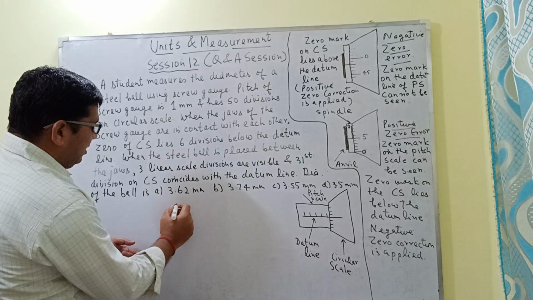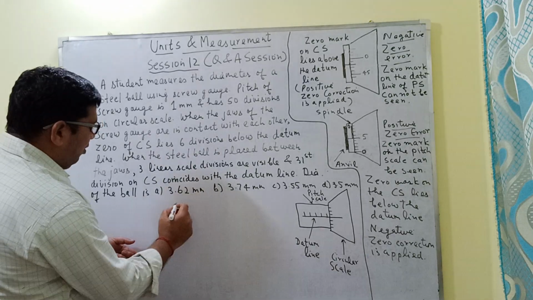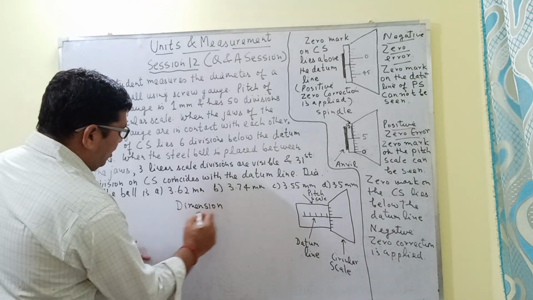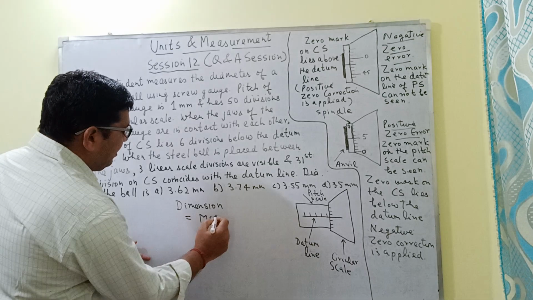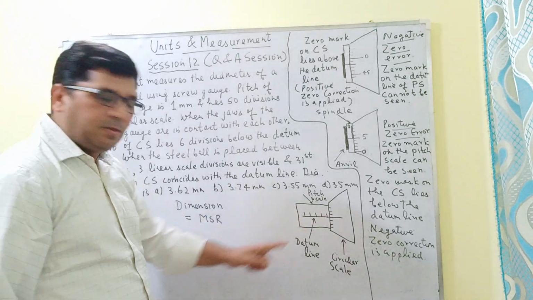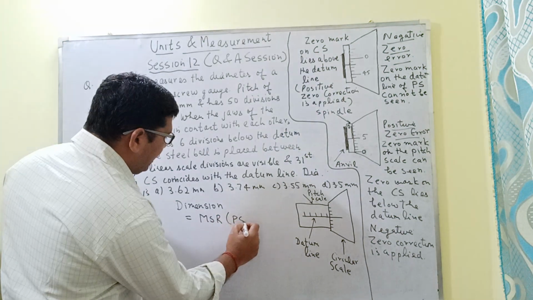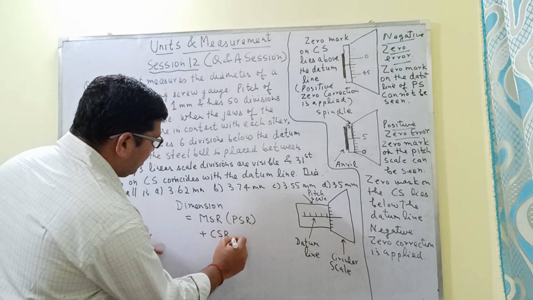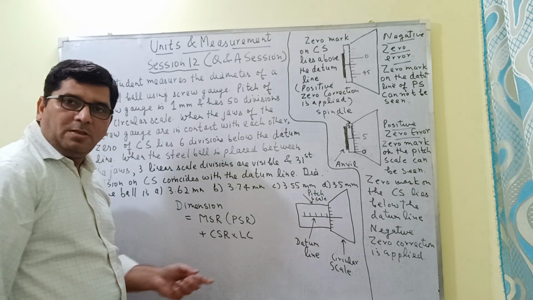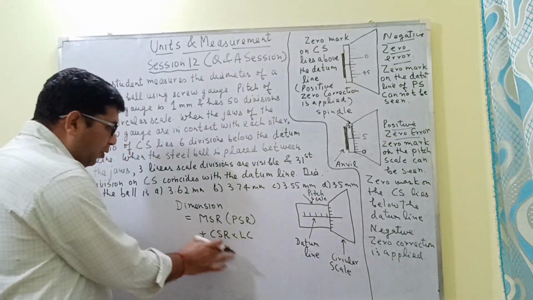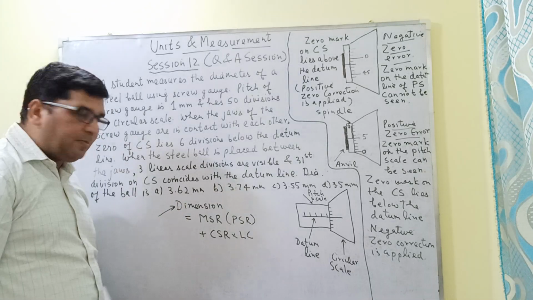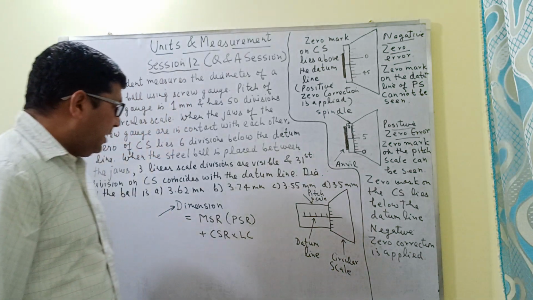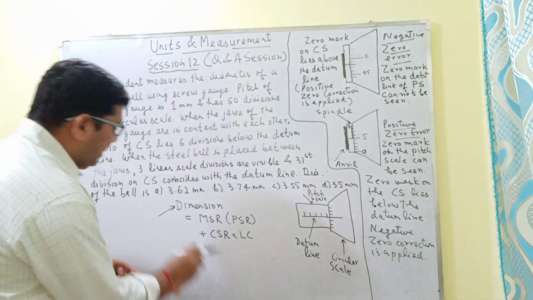So in that case, the dimension of any object will be equal to the main scale reading. Main scale reading is the pitch scale reading. Main scale reading, or I will write it here as pitch scale reading, plus circular scale reading into the least count of this instrument. So this formula is applicable when this instrument does not have any zero error. Okay? But many a times